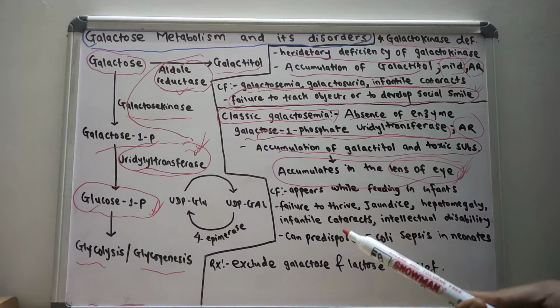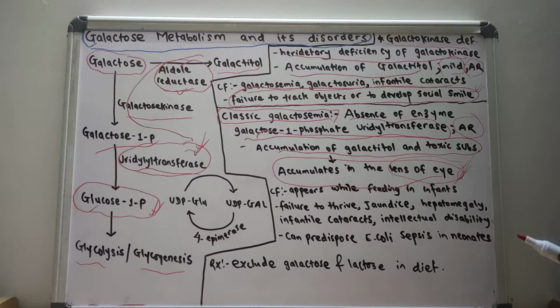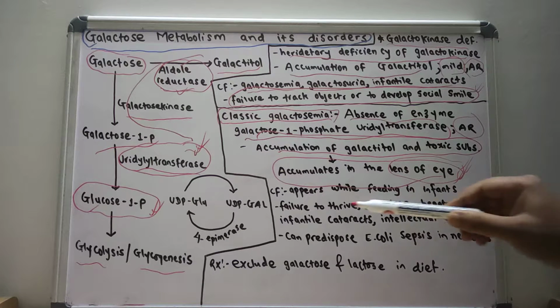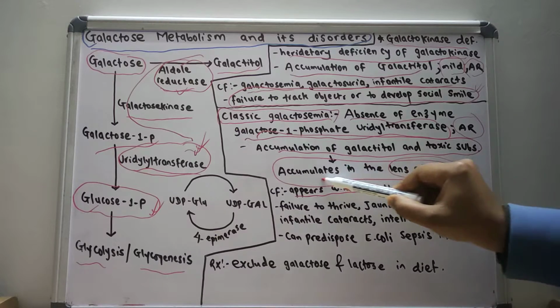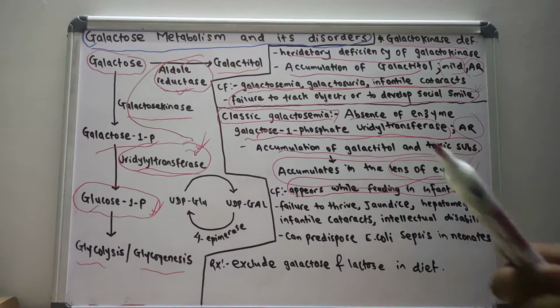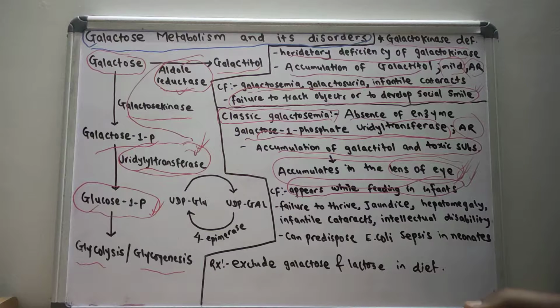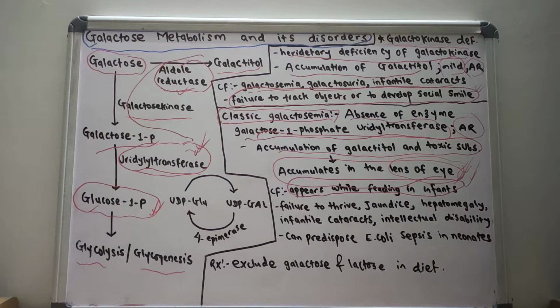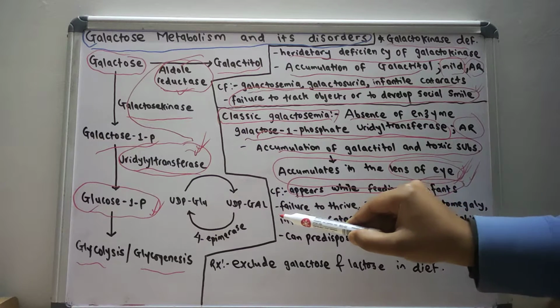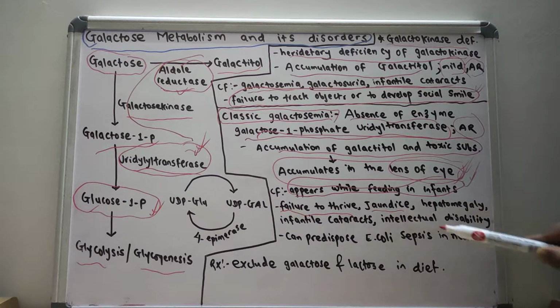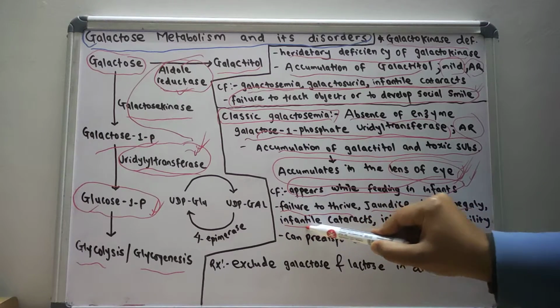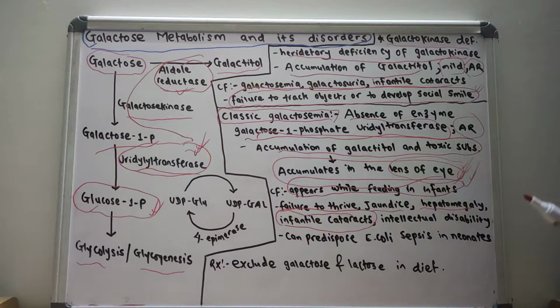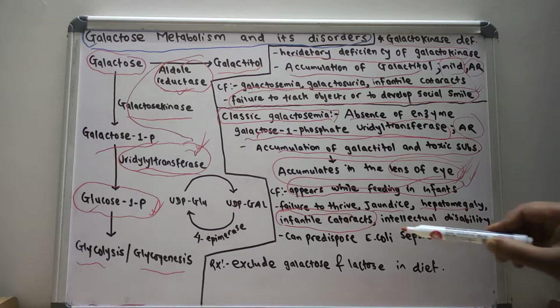So what are the various clinical features? The symptoms appear in infants in the feeding stage, when they are feeding on substances rich in galactose, like breast milk or any other substance with rich galactose content. The symptoms appear there specifically. The various symptoms are failure to thrive, jaundice, hepatomegaly, infantile cataract, which is one of the main features of classic galactosemia, and intellectual